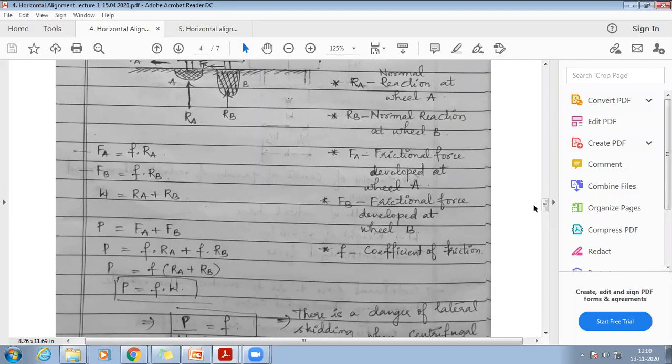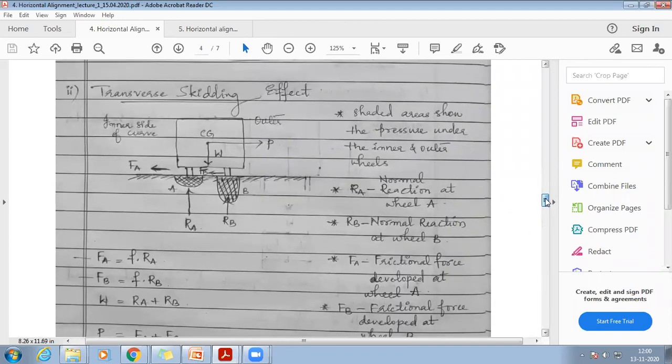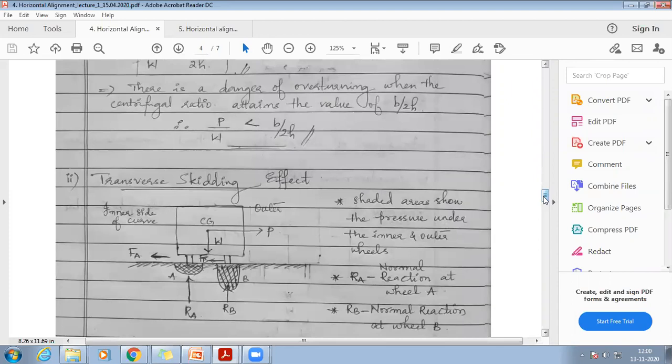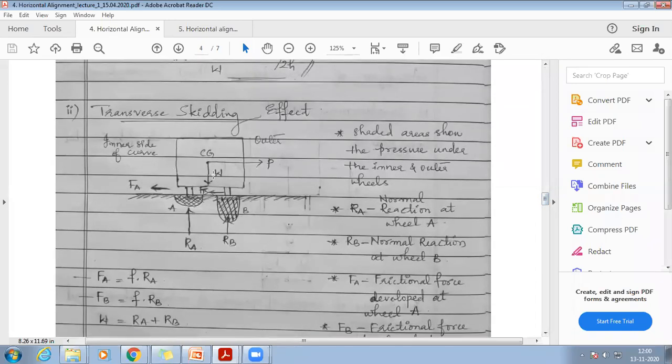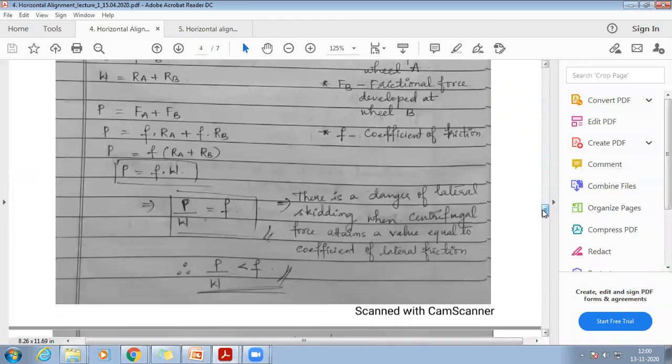Very, very important. And in this case, the stability analysis, or in the case of a horizontal curve, what is happening to the vehicle? The vehicle is moving laterally, right? In the case of skidding or in the case of overturning, the vehicle is moving laterally. So the friction considered here will be the coefficient of the lateral friction, and the value will be 0.15. Make a note of it, don't make mistakes. Sometimes they will not give it in the question, and you'll have to assume and solve it.